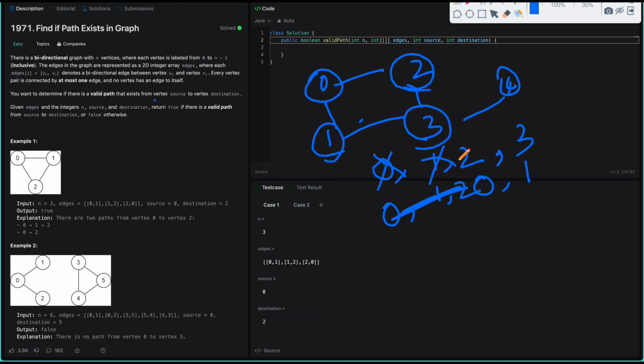Now we again pop out 2, right? The neighbors of 2 are 0 and 3. 0 is already visited, luckily, but 3 is not yet visited, according to the processing part that we were talking about. So we will again add 3 to the queue. So you see, we are double processing the node if we are not adding the node to the visited set at the start itself,